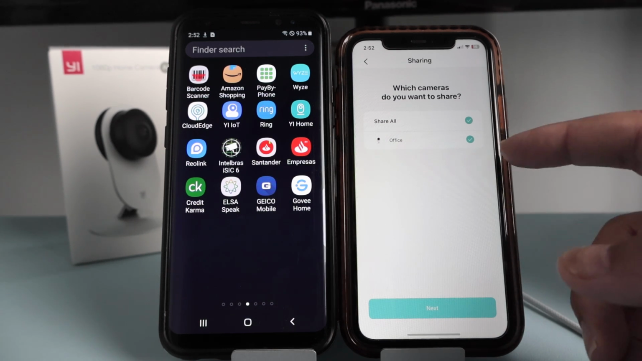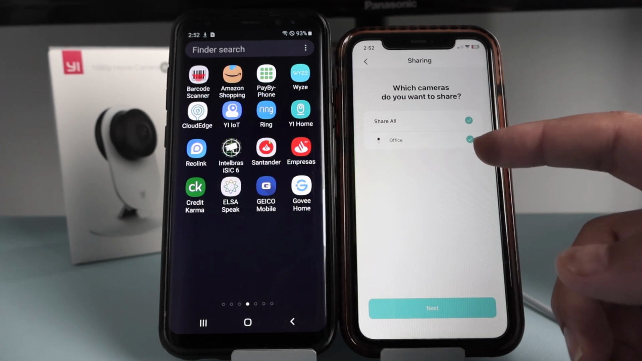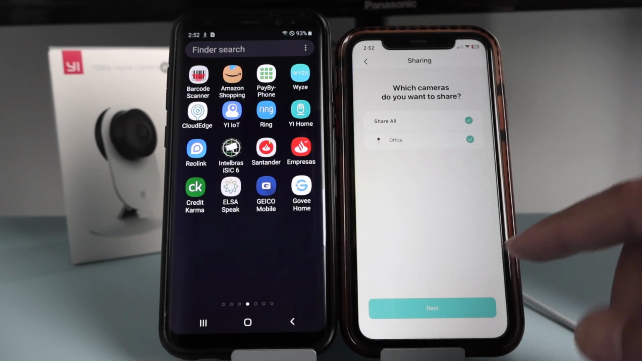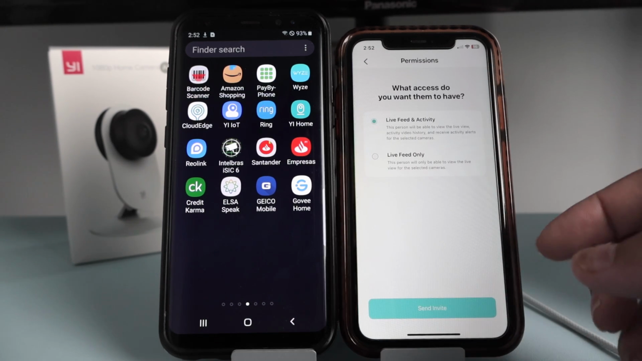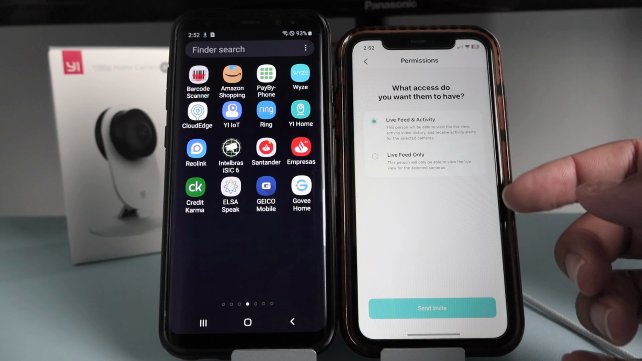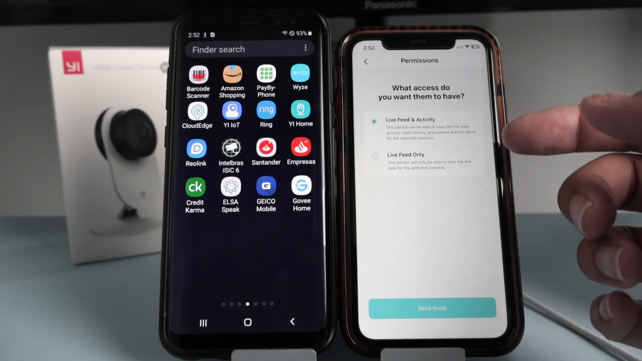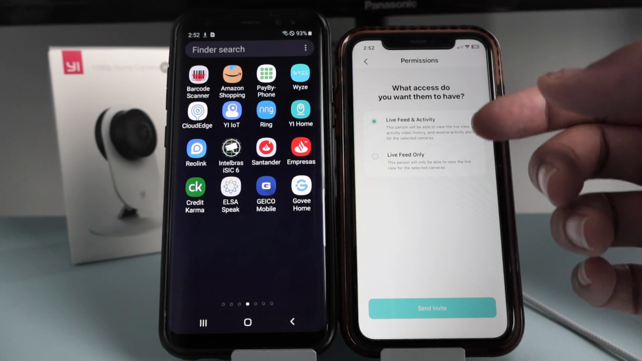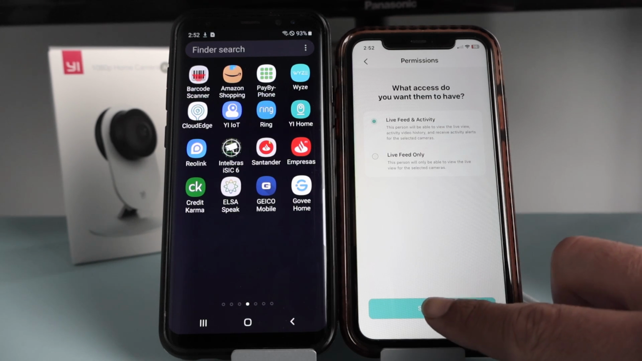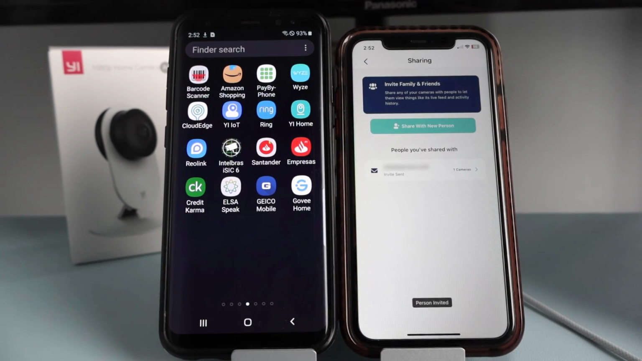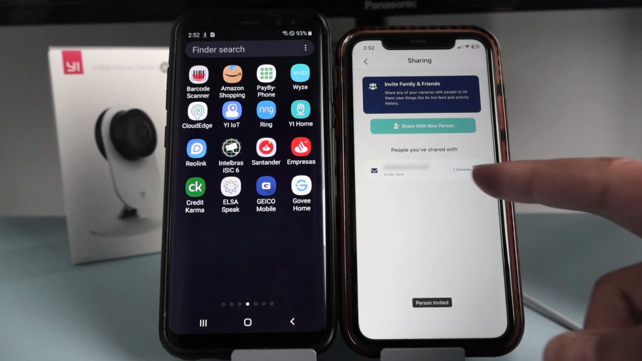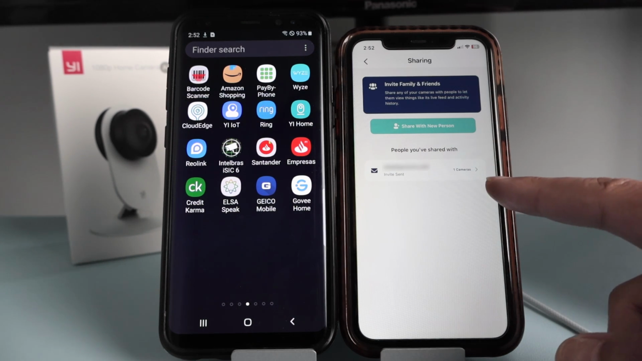And I want to share this camera. I can share all of the cameras that I have here or just one camera. I have one here, the office camera. Click next. And I can share the live feed and activity or just the live feed. In this case, I'm just sharing everything. Then I just send the invite. Okay, so the invite was sent, and then I have here one camera that's being shared, and then the person